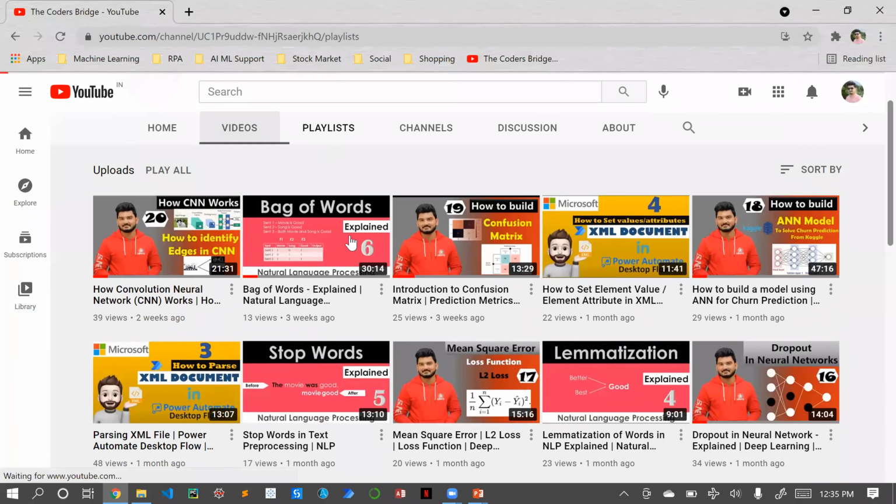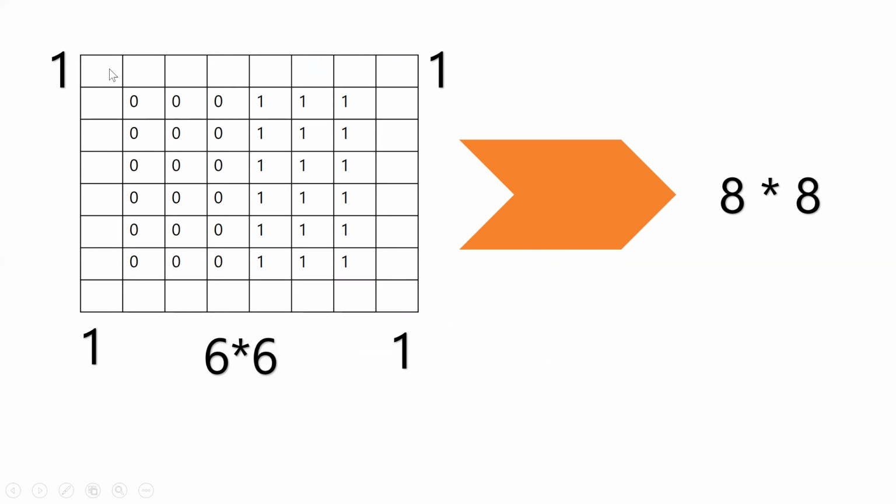There are two different kinds of padding, which are zero padding and neighbor padding. First, we'll see how the padding value acts. Here we have our 6 cross 6 input layer. We added padding on the top, bottom, left and right. When we added that, our 6 cross 6 input layer got converted to 8 cross 8. Our input values are not getting disturbed or neglected. We are only adding extra layers to protect our input layer. In this stage, the 6 cross 6 is converted to an 8 cross 8 image.